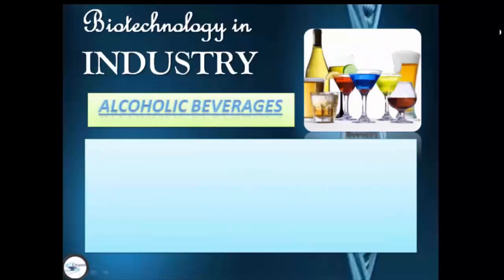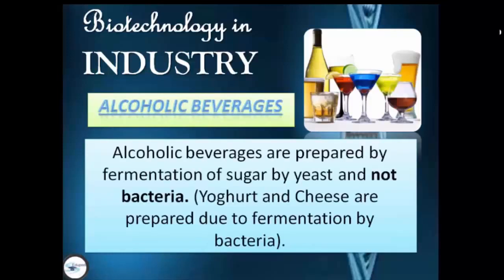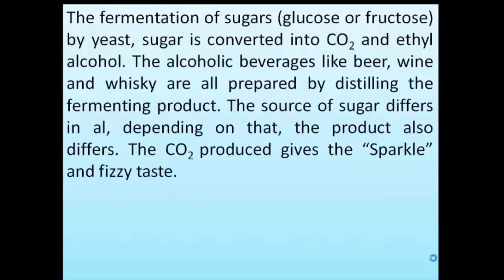Next example, we have the alcoholic beverages. Alcoholic beverages are prepared by fermentation of sugar by yeast and not bacteria. Yogurt and cheese are prepared due to fermentation by bacteria. In the fermentation of sugar by yeast, sugar is converted into carbon dioxide and ethyl alcohol,